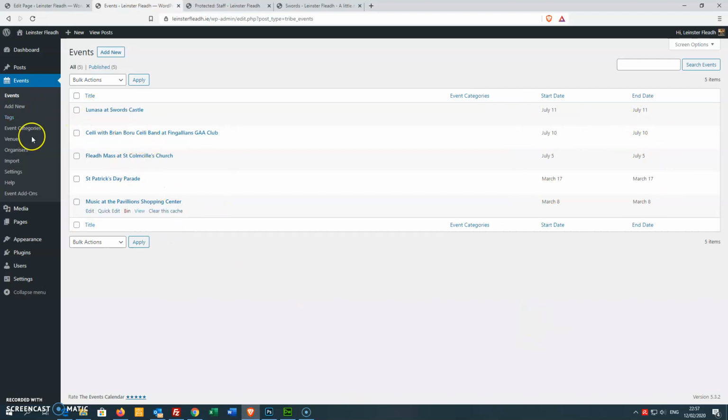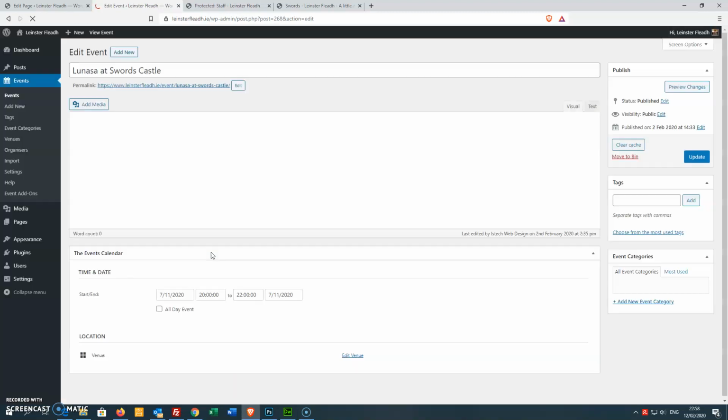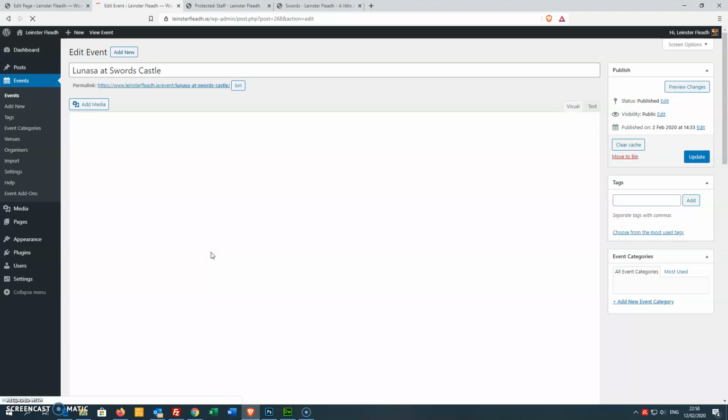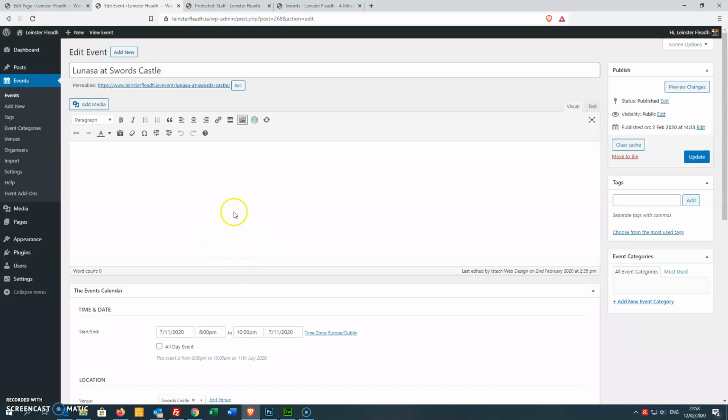Now if we want to edit any of those, the same as pages or blog post news items, we just hover over the title and then click the edit key. That'll load up that particular event and show us what information is available. Okay, now the event's loaded up, and this is the name of the event, which will be displayed on the